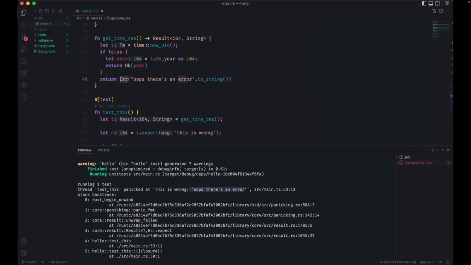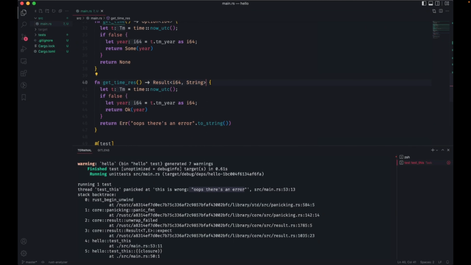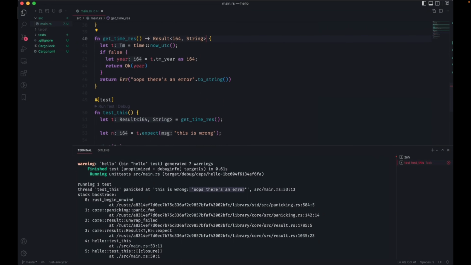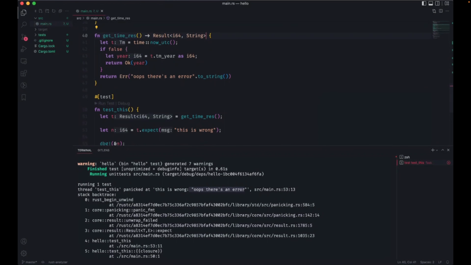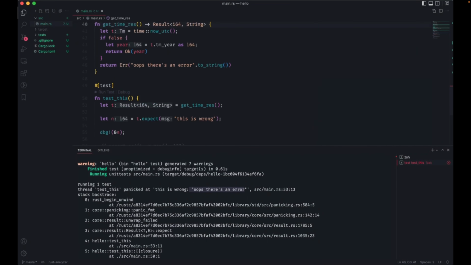So this is why returning results is the pattern you generally want to use for systems level things, where you want to know what the error is and then maybe how to handle things depending on the error.